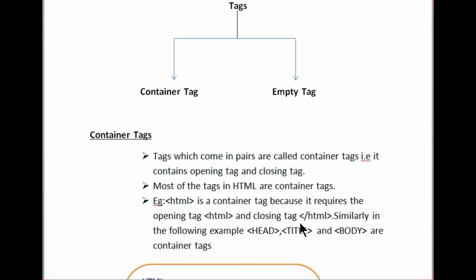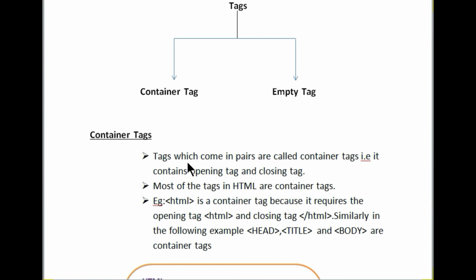Okay, now see, HTML written like this is an example of an opening tag. Next, the closing tag I have given is /HTML. Before the command HTML, there comes a slash. This is a closing tag. So if a slash comes before the command, that is a closing tag, and if it is simply written as the command, it is known as an opening tag. Some tags require the opening tag and closing tag for their working. Such types of tags are known as container tags. Most of the tags that we use in HTML are container tags.